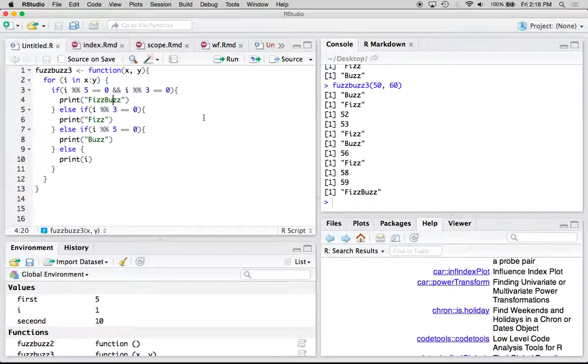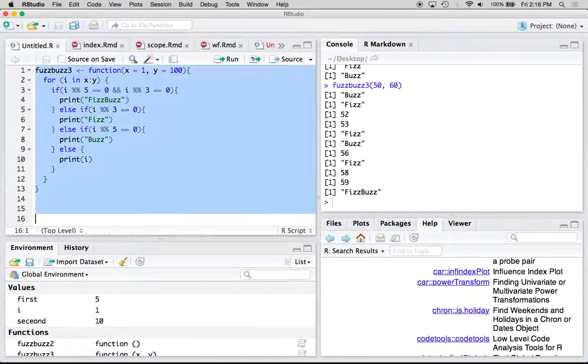And let's say for some reason that usually when we're doing fizz buzz, we want it to happen between 1 and 100. We can set default values so that when we go to run the function, we don't need to provide any arguments. So if I say up here in the function definition that x is equal to 1 and y is equal to 100, and then I